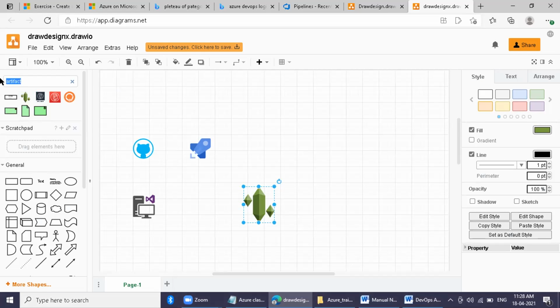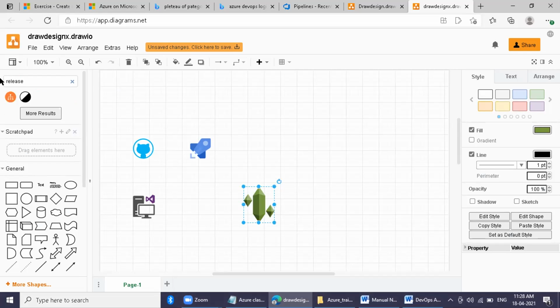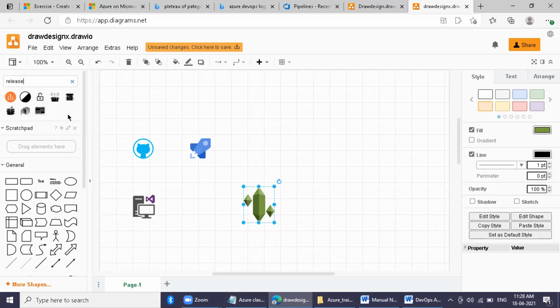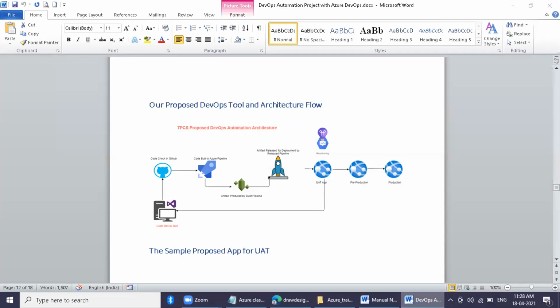Just type release only. Say more results. Not getting it. Just type maybe pipeline only.